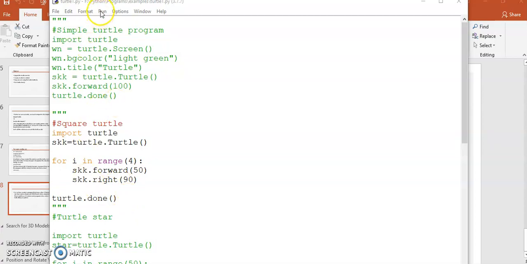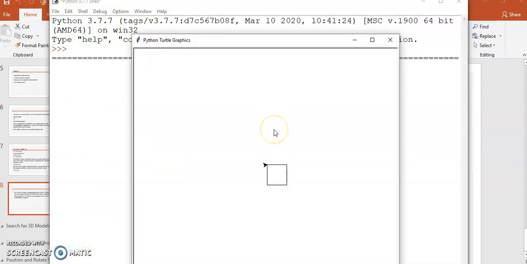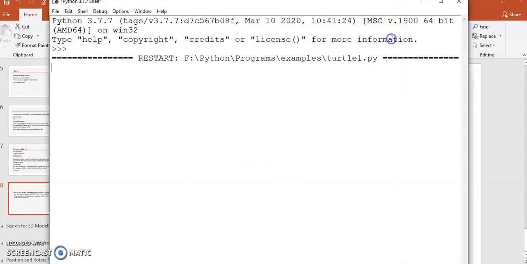Now after execution you can see the result. So you can see we have created one square. It is the origin. From here it has traveled 50 pixels. After that it has taken a right turn, that means a 90 degree turn, and then again a 90 degree turn and again a 90 degree turn. By this it has created a square. Similarly